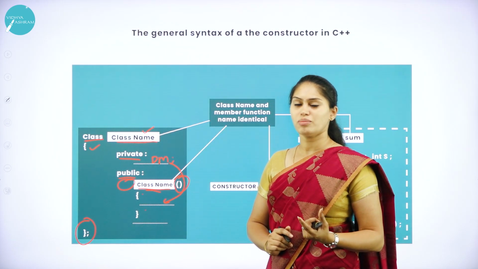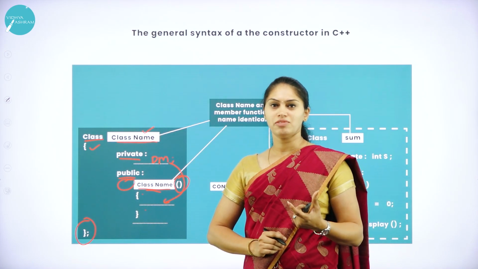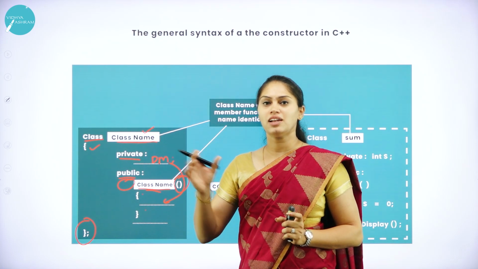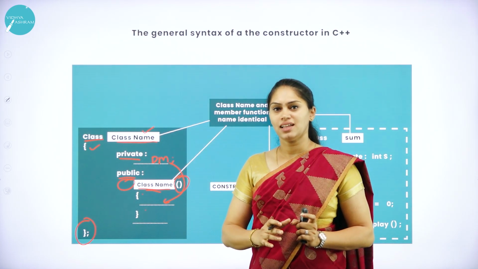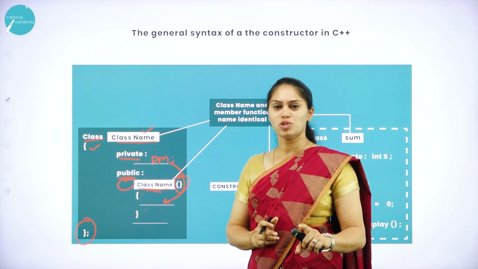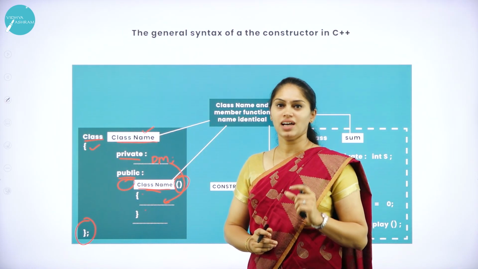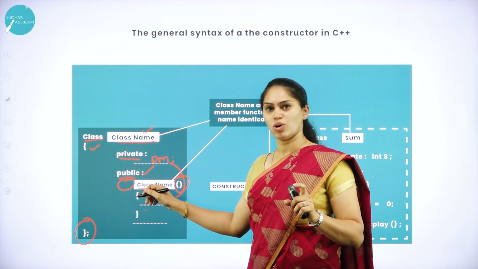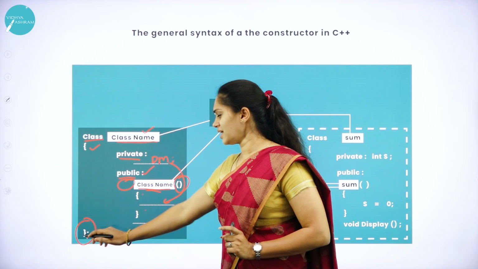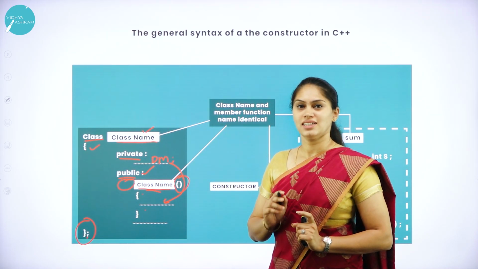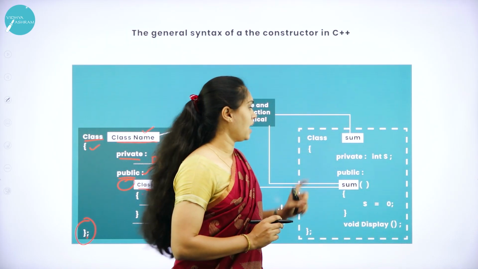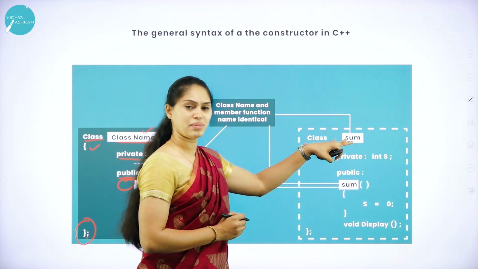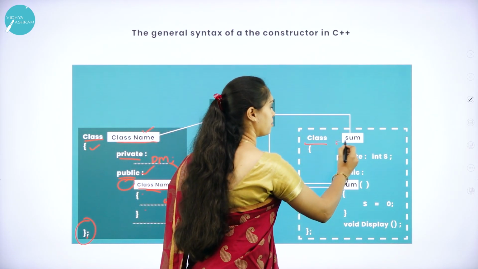When you are working with a normal function, while mentioning the function name, we specify the return type along with the function name, then the arguments. But in this constructor function, we are not supposed to mention any return type, and it must be in the public section. It must be under the scope of public, and this specifies the end of the class declaration. So we'll see one example program, then you can understand. Here class is a keyword and I'm taking the class name as sum. What is the name of the class here?